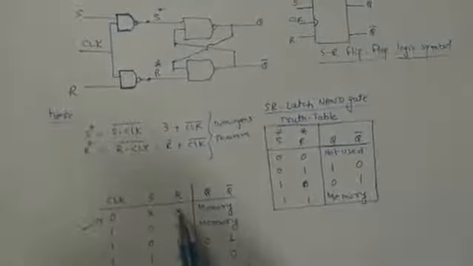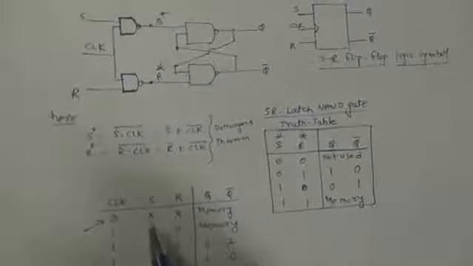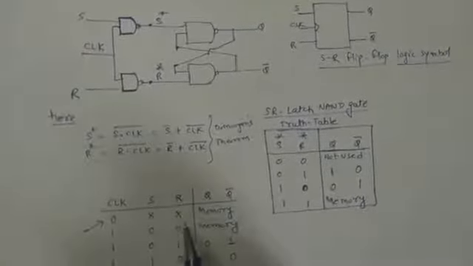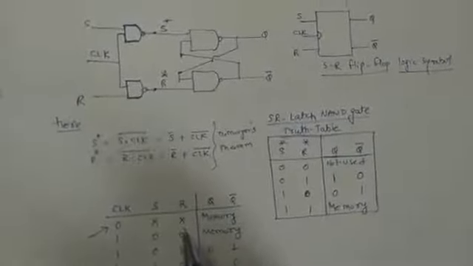So here we have put a cross at the input of S also, at the input of R also. The meaning of this is that it is a don't care condition, and also this is what the logic of our this